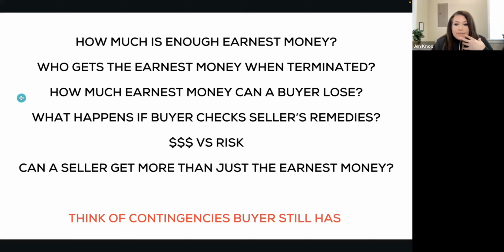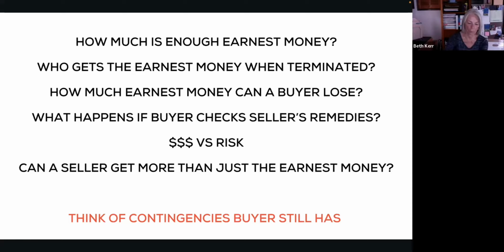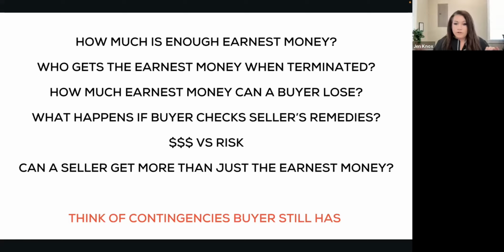If we check boxes, basically in Washington state, we have a law that says that the damages in our contracts cannot exceed 5%. So if we check the seller remedy box, it's 5%. If we check the forfeiture of earnest money, it's 5%. The difference in what we're going to do with those two boxes will depend on what else the seller wants to ask for. Anything additional beyond the 5%, you should probably have some sort of an attorney draft up what